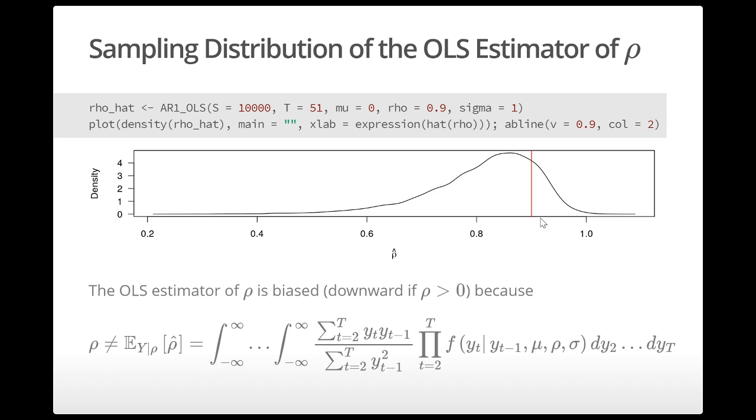And you can see in this case, the ordinary least squares estimator of rho is not a particularly good one. The bulk of the estimates are too low, and so the ordinary least squares estimator is biased downward in the usual case in the social sciences where rho is positive, because the expectation of the estimator, which is given by this function weighted by the probability of the data given the parameters, is not equal to the true parameter that we're trying to estimate. Now, there are certainly other estimators that are better, but the point I'm trying to make here